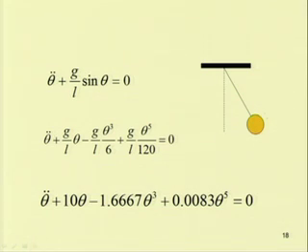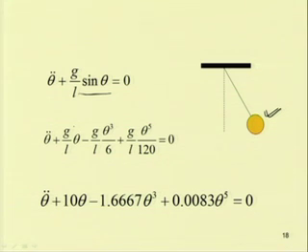For example, in the case of a simple pendulum, the equation of motion can be written in this form: theta double dot plus g by L sin theta equal to 0. Now, expanding the sin theta, we can write theta double dot plus g by L theta minus g by L theta cubed by 6 plus g by L theta to the power 5 by 120 equal to 0. Now we are going to study how we can order this equation, so that we can do the analysis in a simplified way.